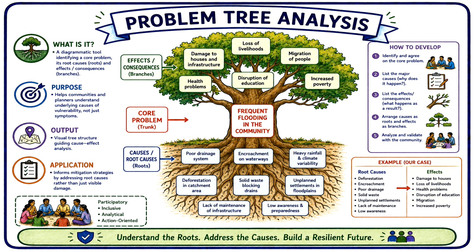Next is problem tree analysis. Problem tree analysis is a participatory planning tool used to identify and analyze a community's core problems, its underlying root causes, and the resulting effects or consequences. The central problem is represented as the trunk of a tree, the root causes as the roots, and the impacts